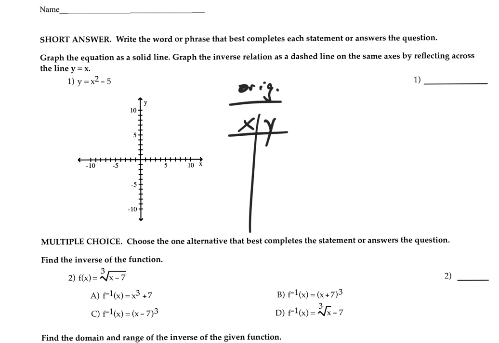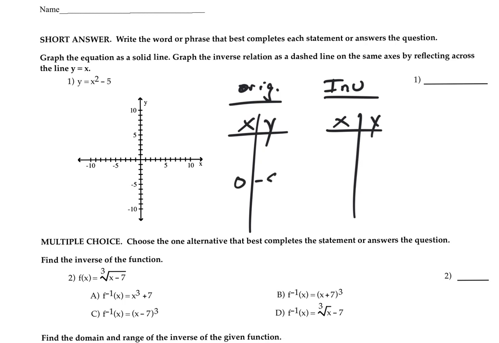Right? And you can get a table of values from your calculator. It's just a parabola. It's a graph we've talked about tons of times throughout the semester. It's not anything fancy. But when I graph the inverse, I'm going to take the values that I have here, and I'm going to flip-flop them. Okay, like for instance,